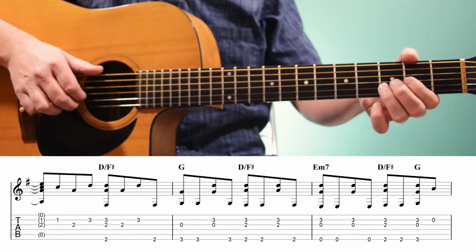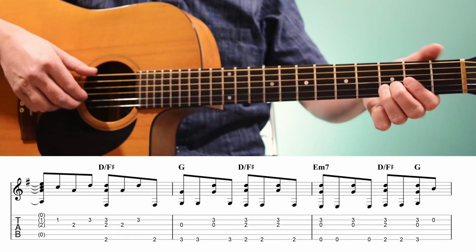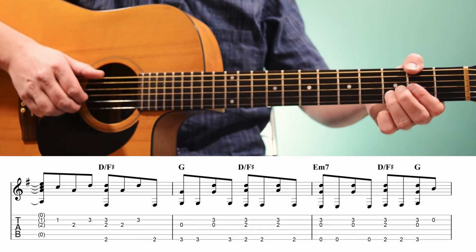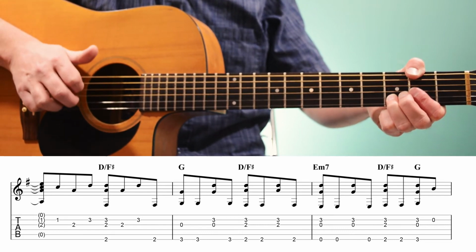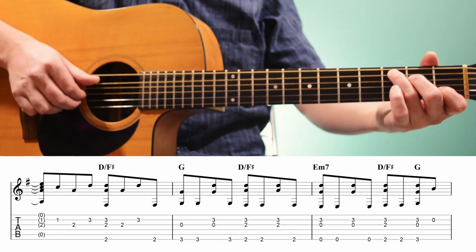Then we're going to go to a D over F sharp chord, and we're going to play the sixth, third, and second strings at the same time. Then third string, second string, sixth string. So we have